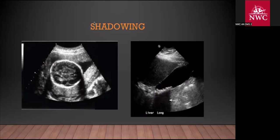ALARA, you definitely want to know about ALARA, as low as reasonably achievable. Basically it's telling you that when you do an ultrasound, you really want to try to minimize the patient risk. You scan really just what you need to obtain that information for the radiologist, and then we're done. You want to know the words anechoic, what that means, echo free,